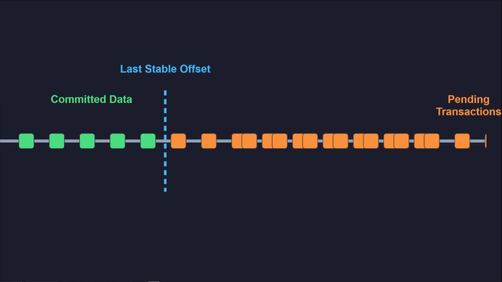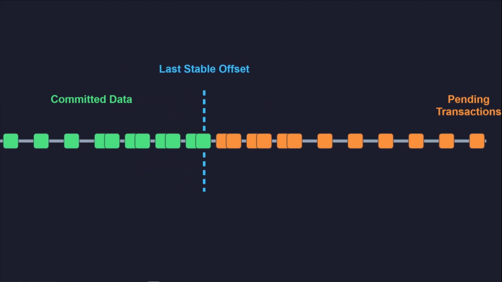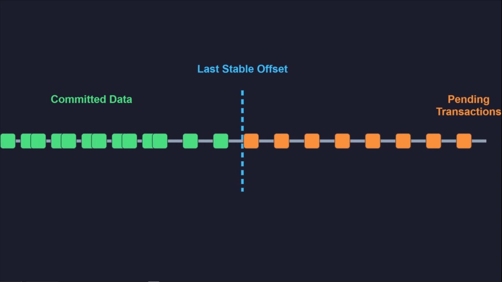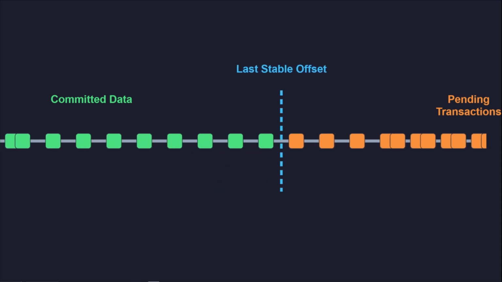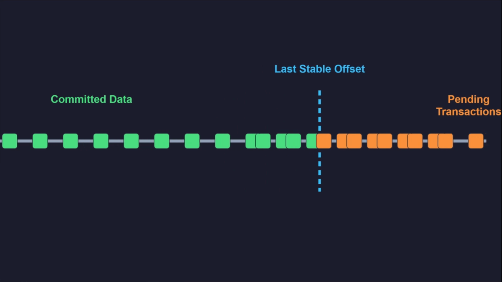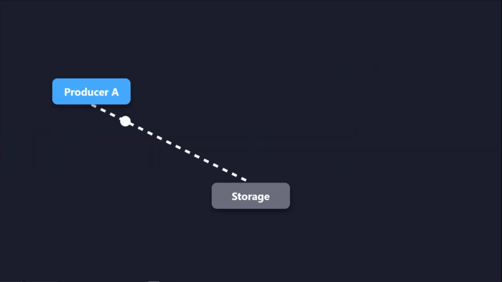The last stable offset effectively acts as a high watermark for transactional data. Consumers will not see any records beyond this point until the corresponding transactions are either committed or aborted, ensuring a consistent view of the stream. One major challenge in distributed systems is